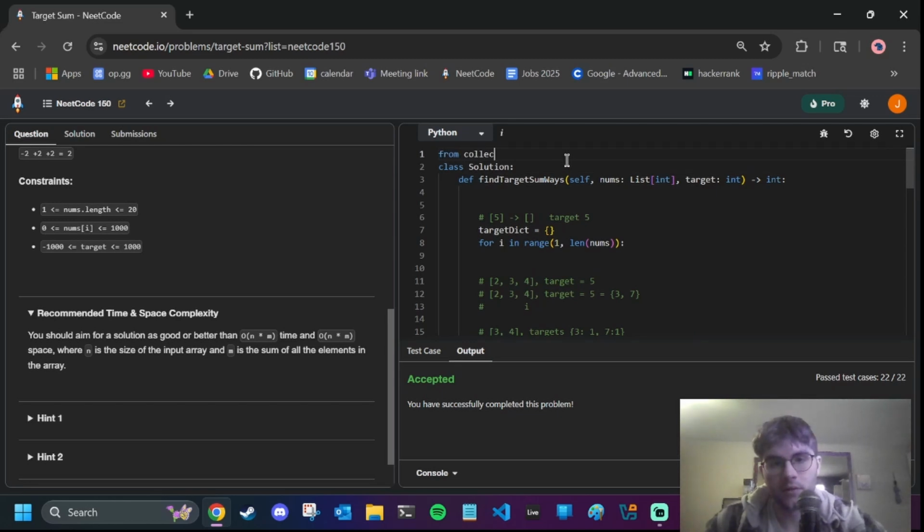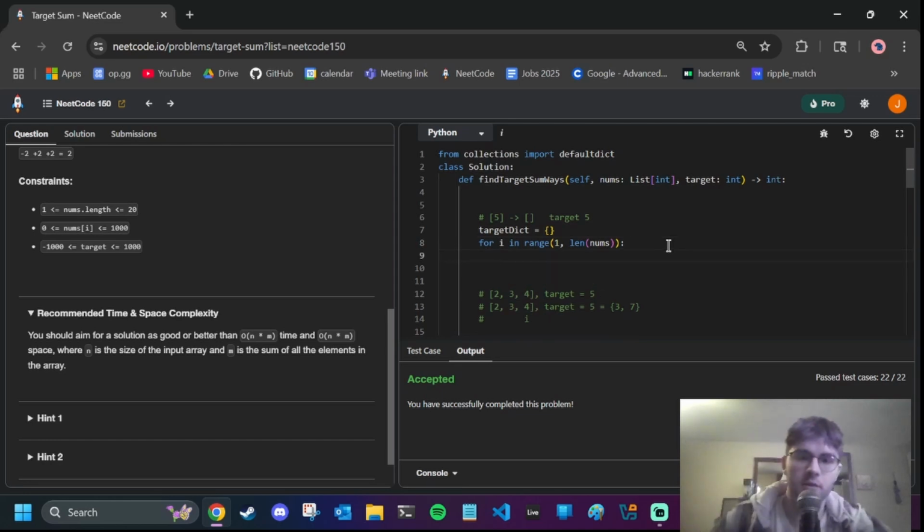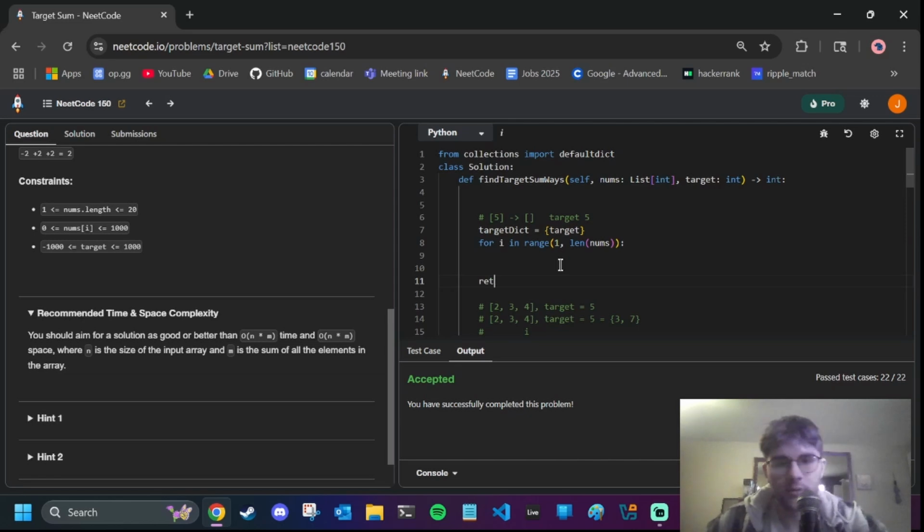Okay, so I'm thinking we can use a default dictionary and then set all of the counts to 0, and then whenever we process a number, we would first subtract it. So we'd subtract the target's count by 1 and then add its plus and minus nums of I. So my idea would be, this would actually start with target. And then at the end, we want to return the sum of target dict